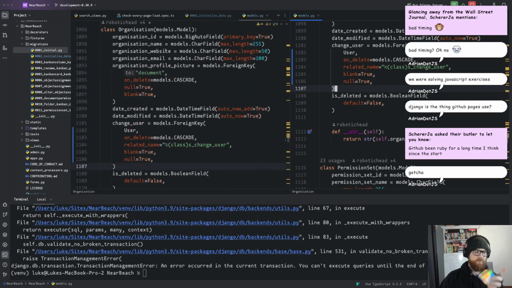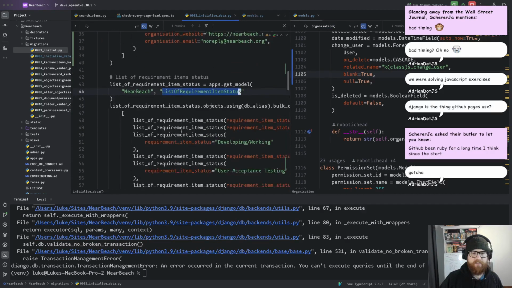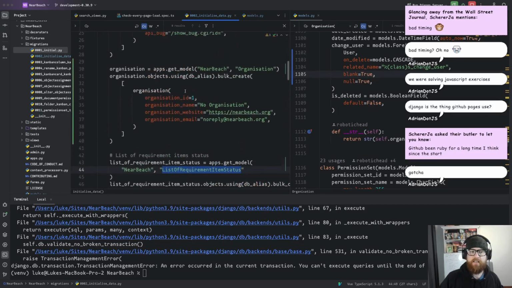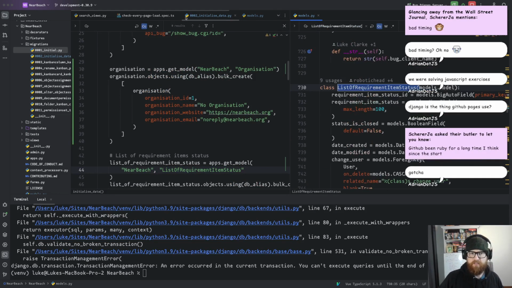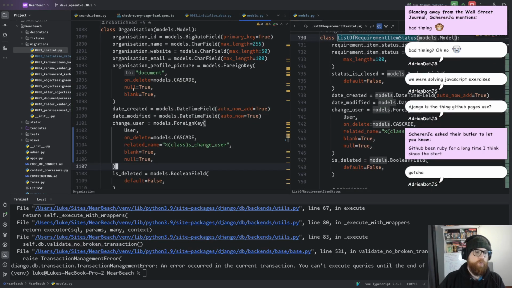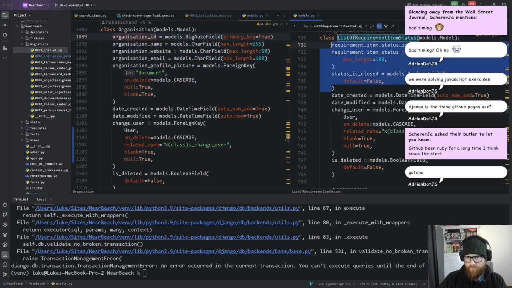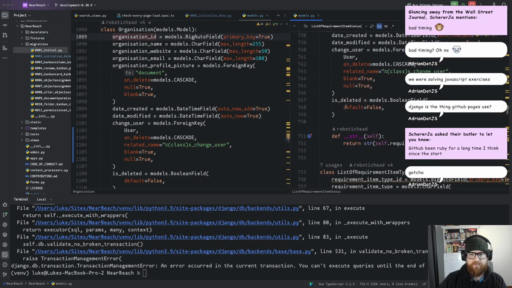So I've got the models is for the database and stuff like that, for those who don't know. And then I want that list of requirement statuses. So I want to essentially do what I'm doing down here, but with the organization. So at the moment, I'm going to check the data structure and the tables. So there will be some differences. So we can ignore all of this because that's specific for organizations. So if we go down to date created, we can ignore all of this over here. So if we scroll date created up,